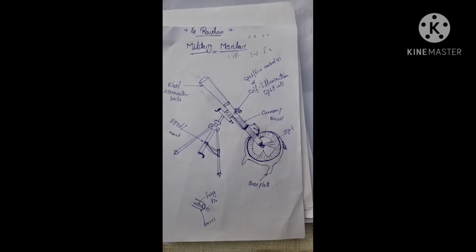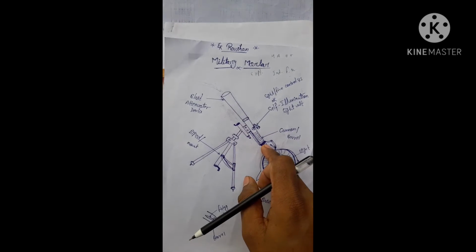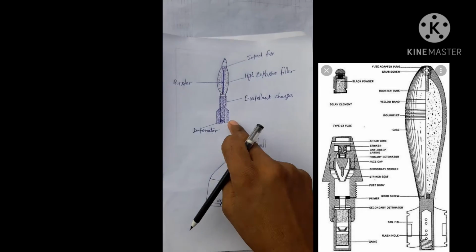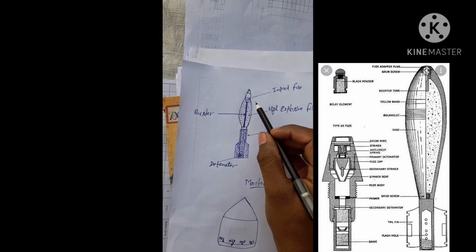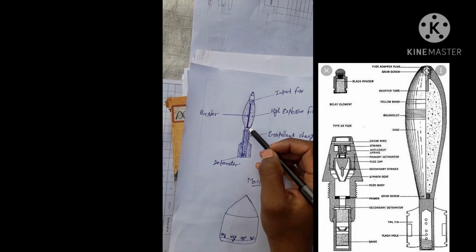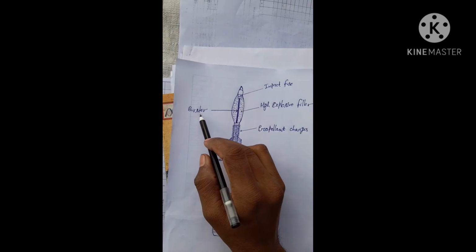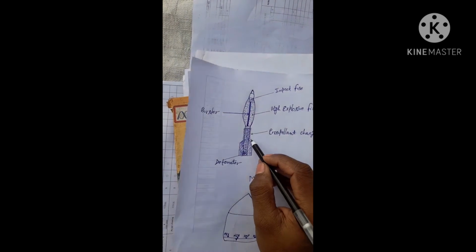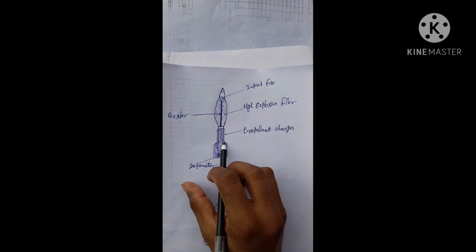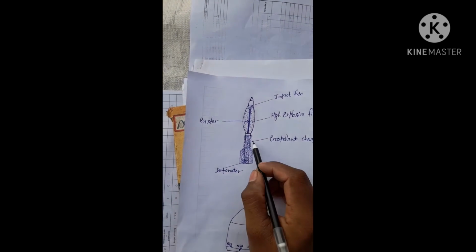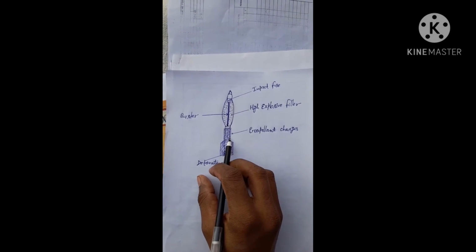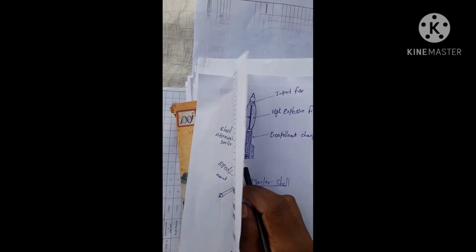Friends, in this mortar, a mortar shell goes inside this barrel or cannon. So this is a mortar shell you see here. This picture is a mortar shell. This is known as impact fuse, high explosive filler, and this rod-like part is known as burster. This portion you see here is known as additional augmented propellant charges. This number depends on firing range. And this portion is known as detonator.